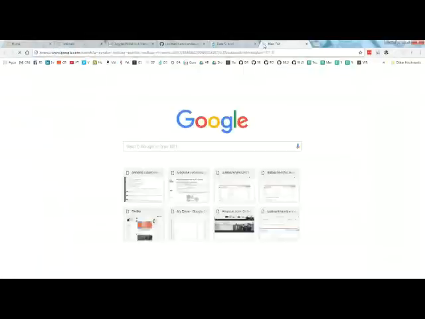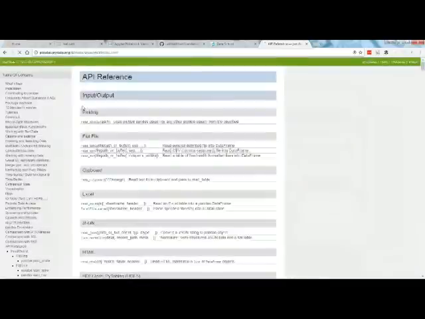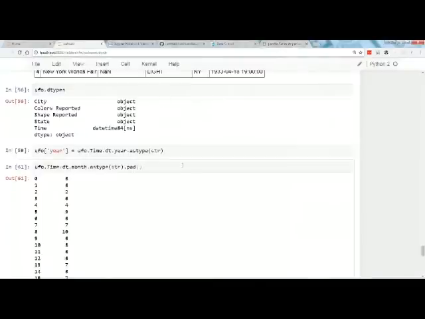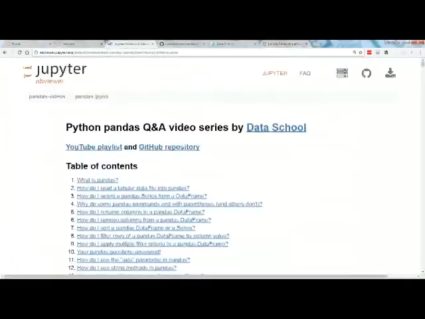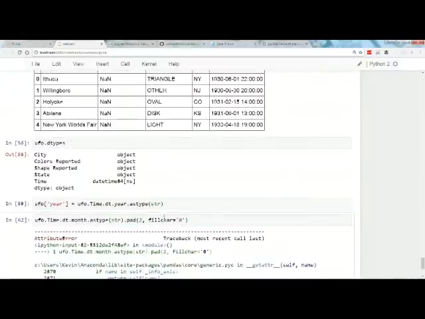Pandas API, str dot padding is what I want. Oh, it is dot pad, with fill char equals 0. Oops, I did something wrong. Fill char, width. Sorry, my computer's being slow.